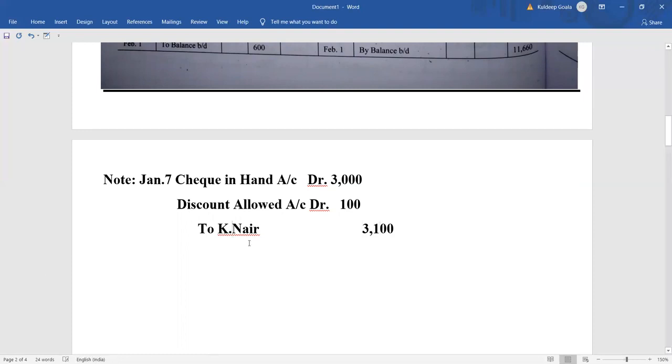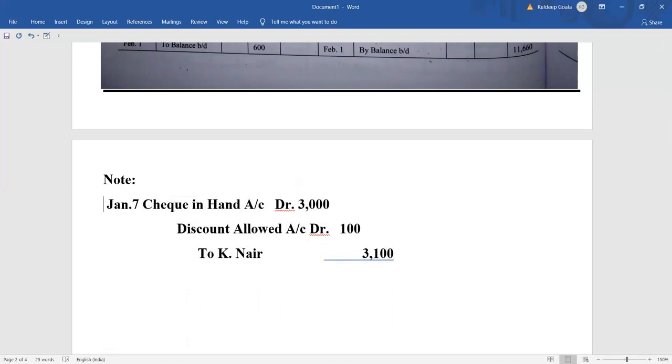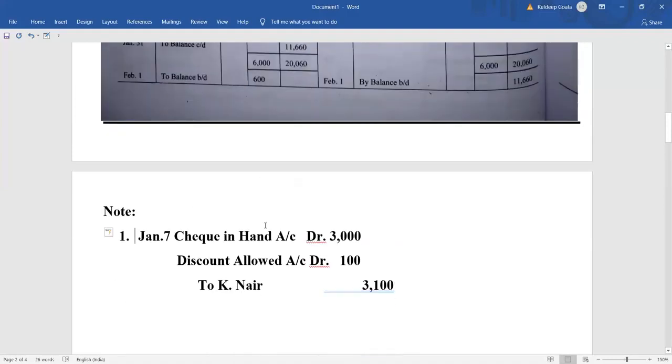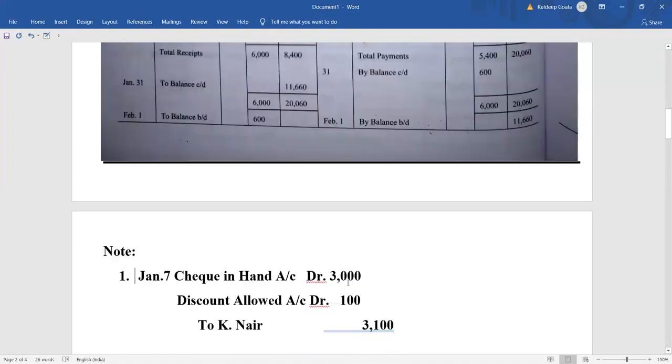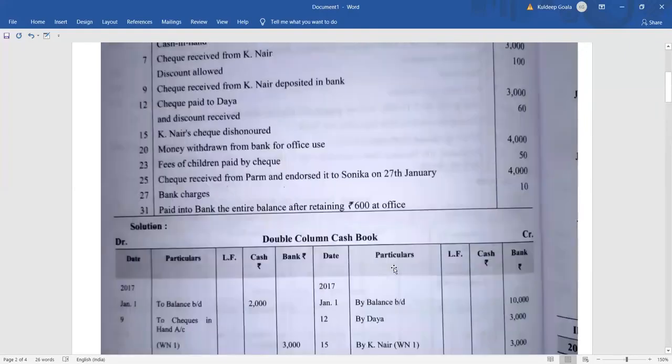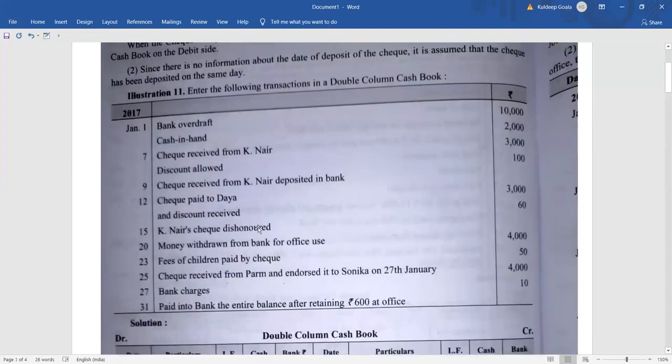So this is nothing but an important note which should be there after an entry which has not been entered in the cash book. It needs to be followed with a note. Okay, note. You have to follow a note for that, and you mention it as note number 1. Clear? All the entries which will not come up in the cash book will be followed with a note. No need to mention the narration. If you want, you can give. There is no hard and fast rule for that, and no need to make a format also for that, right? Only the note is enough. So transaction number 7 is over.